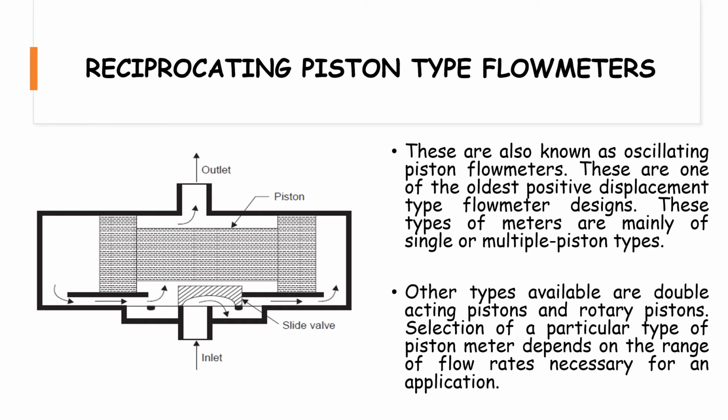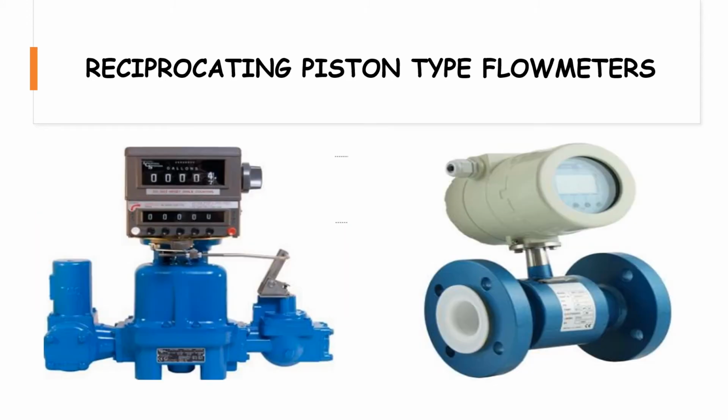Major application areas of the reciprocating piston meter include viscous fluid services like oil metering on engine test stands, specifically where the turndown ratio is not considered much crucial. Now also these meters can be employed on residential water service where they tend to pass partial quantities of dirt and fine sand along with water also. Now this is how a real-time reciprocating piston flow meter is going to look.